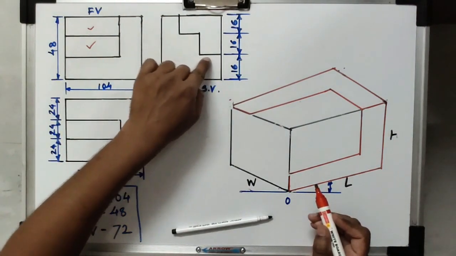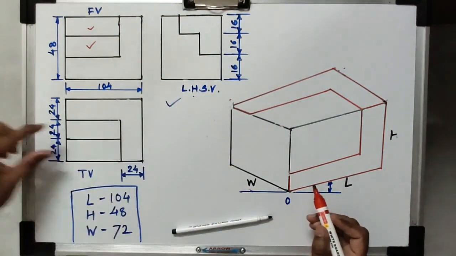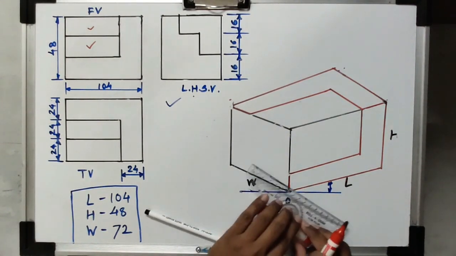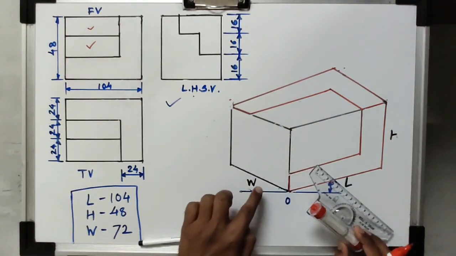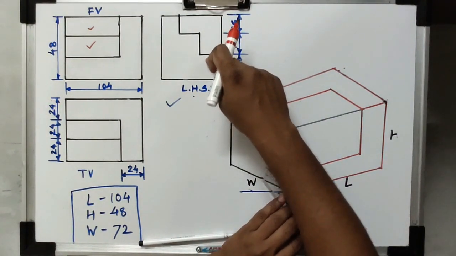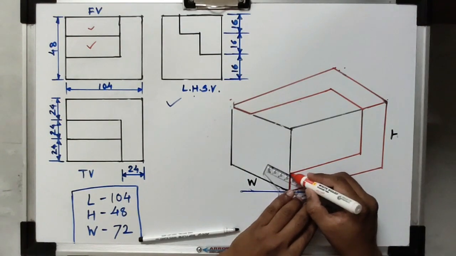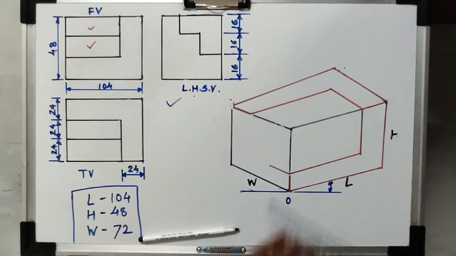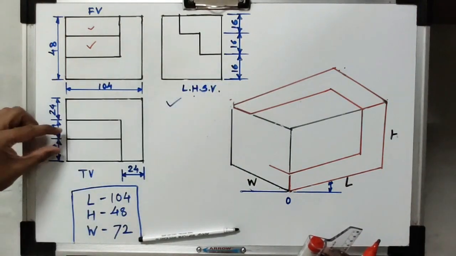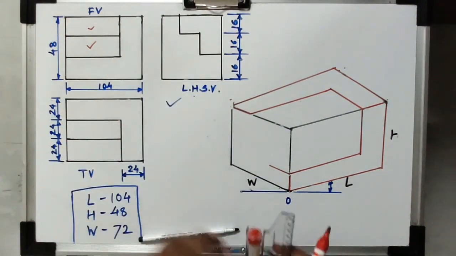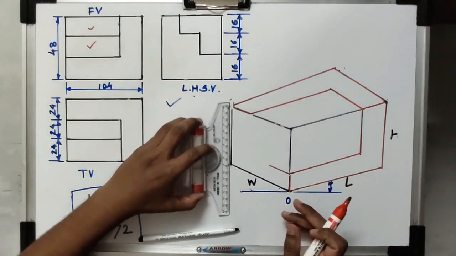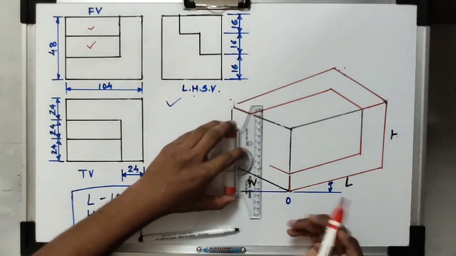The side view shows the width of 24 mm, meaning the width is going to be represented on the left side inclination line. So I will represent the width of 24 mm, but while drawing that line, actually it is a horizontal one in the pictorial views, but that horizontal line has to be represented somewhat inclined in this way. That is the first line which is present here. Then again from this corner point, the height of 16 mm is there. For representing the height, we have to take the vertical projection.